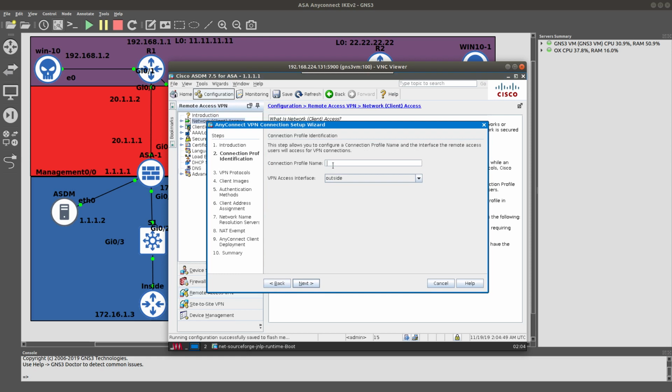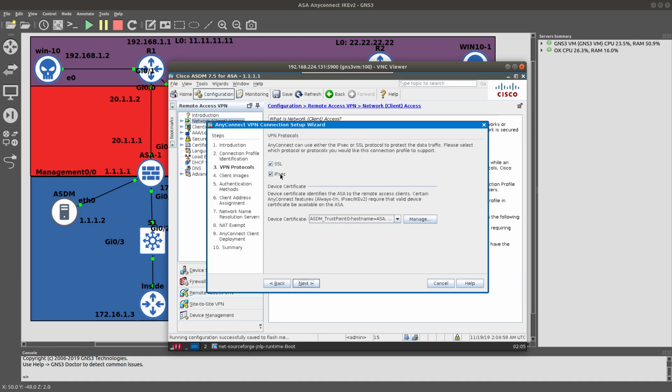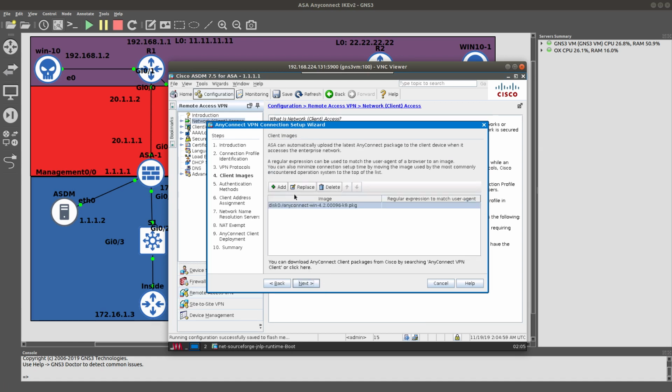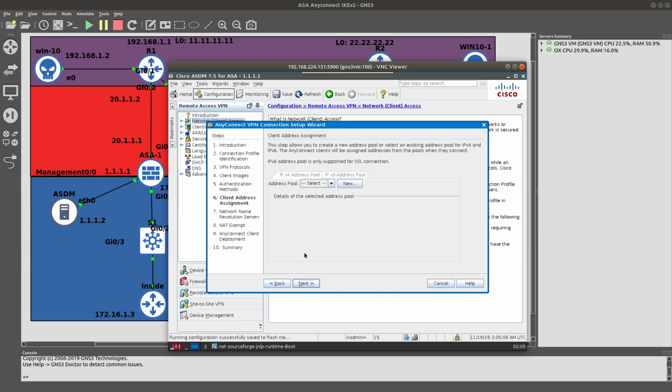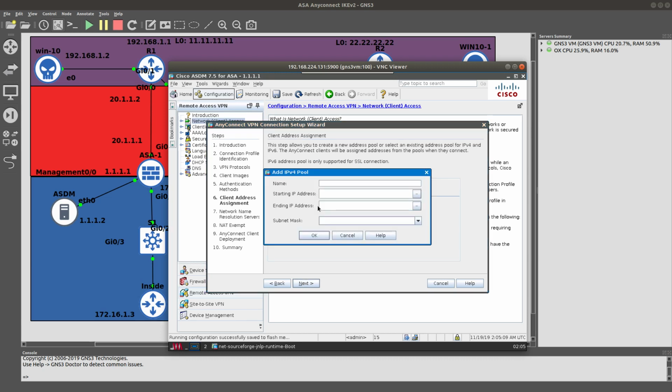Next, let's go ahead and call this SSL AnyConnect. I'm just going to copy this. VPN interface, the outside. This is the outside 20.1.1.1. Uncheck IPsec, configure SSL. We are going to use the image that we already loaded. We are going to use username Oscar, and for this, we are going to create a new one, and we are going to just call this AnyConnect